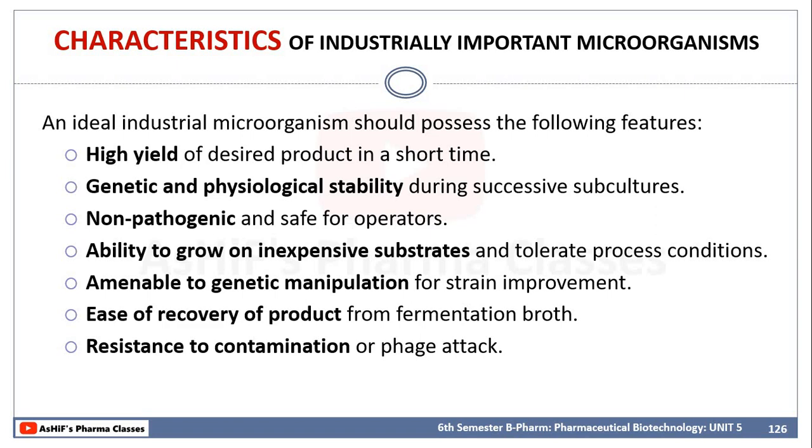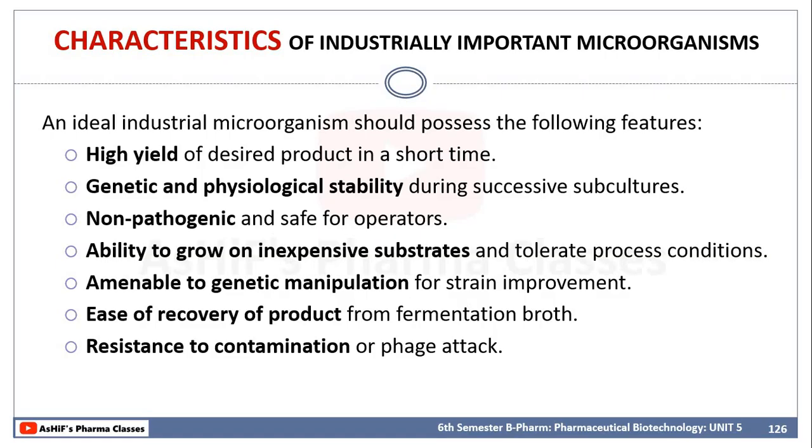Okay, so we will go for a genetical improvement of this Penicillium chrysogenum in such a way that we are producing a new strain which has an ability to resist the penicillin which is produced during fermentation. So what will be the result? We will get maximum yield, because even though penicillin is produced in the fermentation process, it will